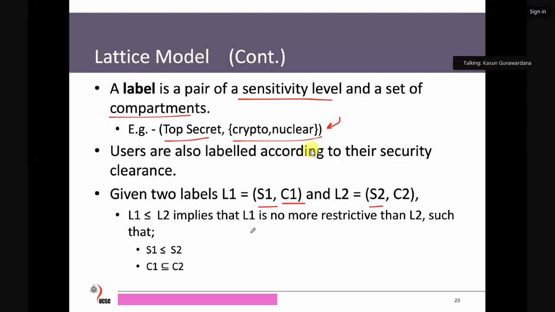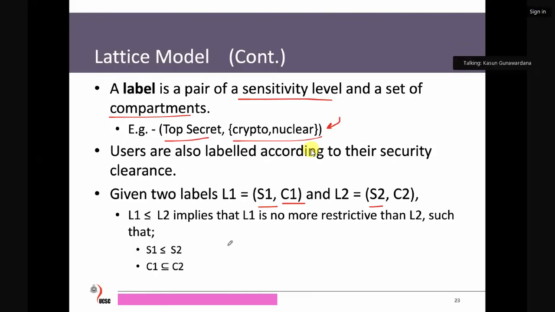In this case, we say that L1 is inferior to L2, because L1 is no more restrictive than L2. So L1 is either inferior or equivalent to L2 such that